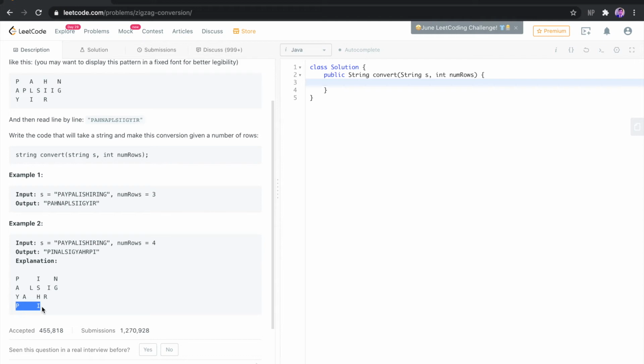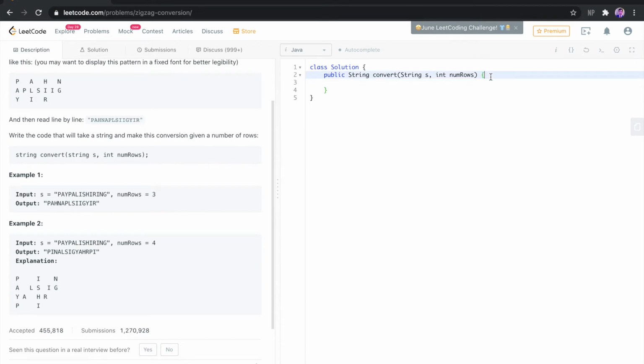So yeah, let's code this question and I will explain how we are proceeding and what is required at each step. We are going to first break down our problem into several parts. The first part is that we have to check if we have reached the number of rows while we are parsing through our string. So when do we do that? When we put P, we put A in the next position, we put Y. Since we've reached the final number of rows that was specified in the question, we start decrementing the position. So the first thing is to identify the position of our particular character. So let's code this question.